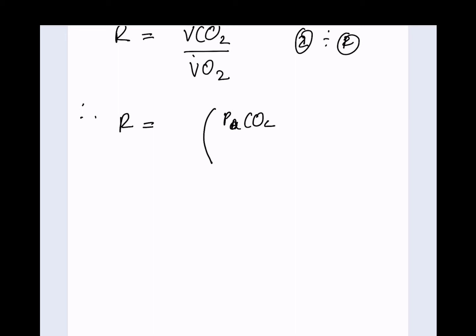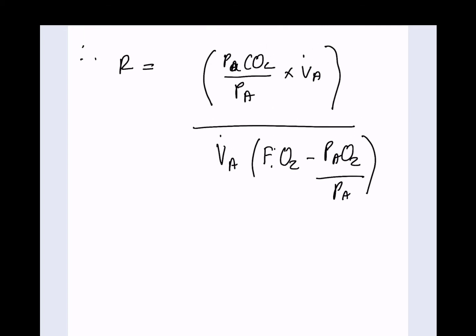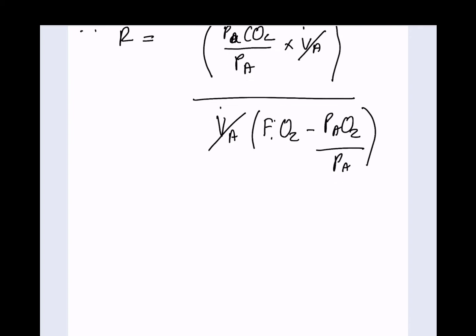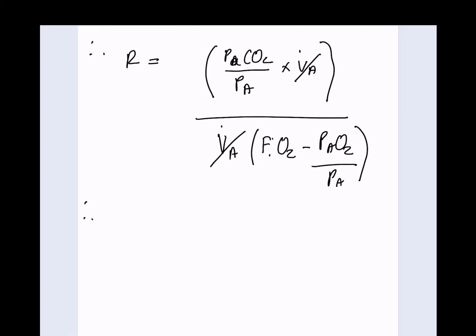PA CO2 upon big PA, times the alveolar ventilation upon big VA, FiO2 minus PaO2 upon PA. Now if we do some fancy mathematics, cancel this, we make it a common term, therefore we get R equals to the following: